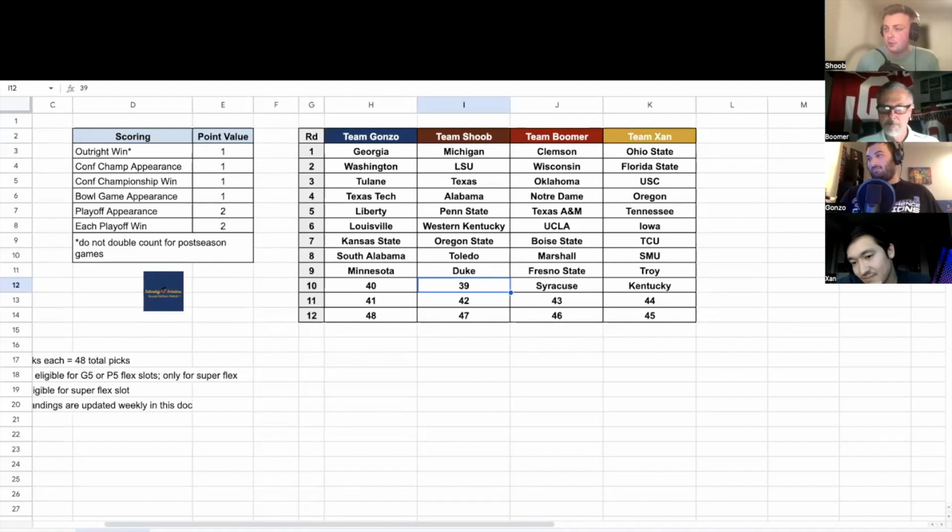So I'm looking at the board here, and I feel like I'm going to have to go ahead and take my final P5 flex. I didn't take them when I picked Oregon State, but hell, at number 39, give me Utah. Yeah, that's a good value. I was going to get them if they came back to me. We were all surprised that I took Oregon State over them, but then they fall to me here, so maybe it wasn't a bad pick after all. I'll take 2 shares of the Pac-12 with Oregon State and Utah, and I still think Utah can win 8 or 9 games. They might still make the conference championship game.